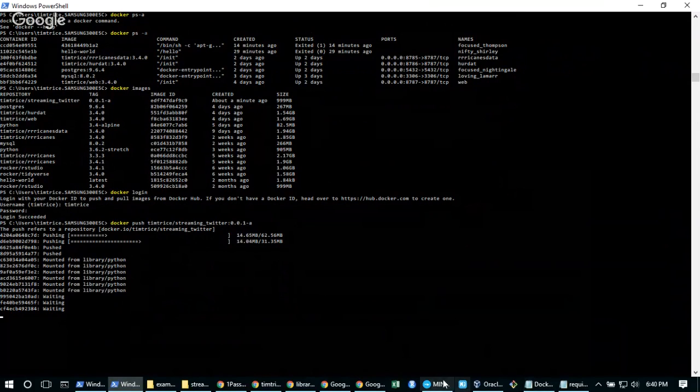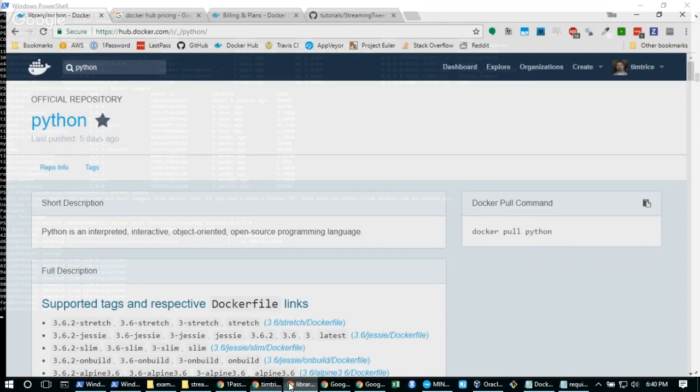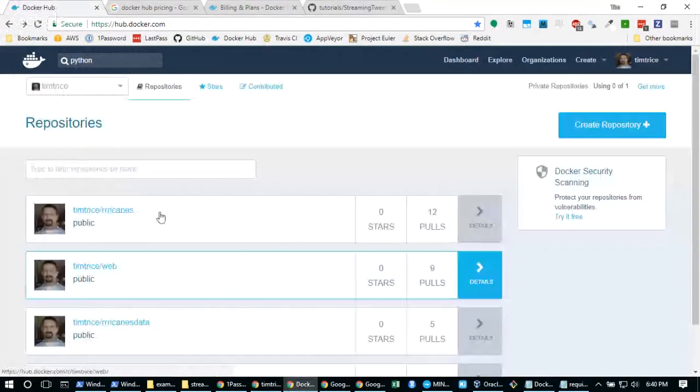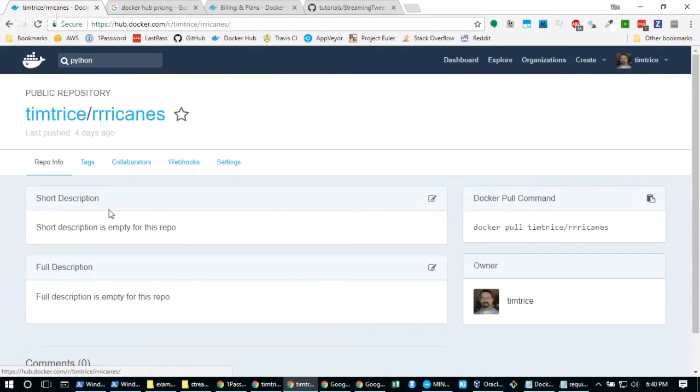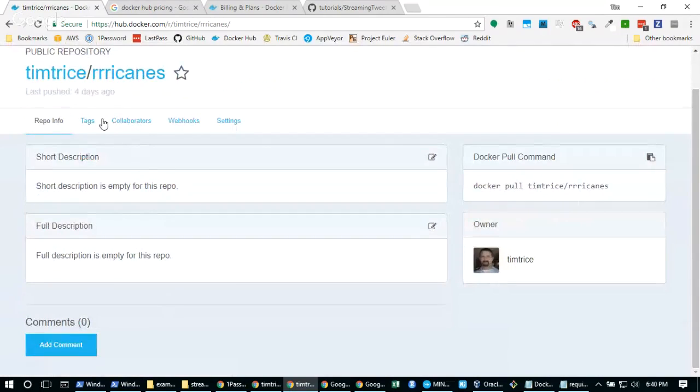This is going to take a while, or it will take a little bit of time, but all you're going to be left here with when all is said and done is an image that was pushed into Docker Hub. I apologize for not having much information on it, but